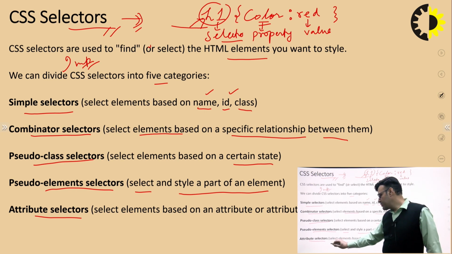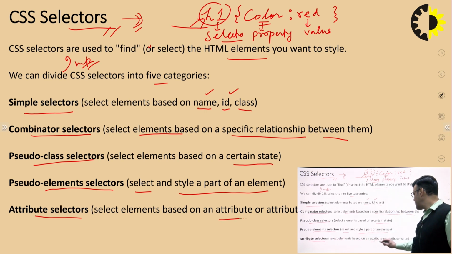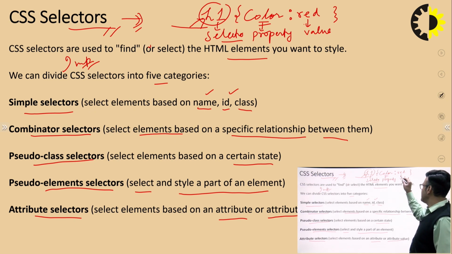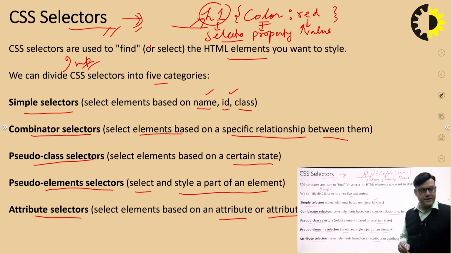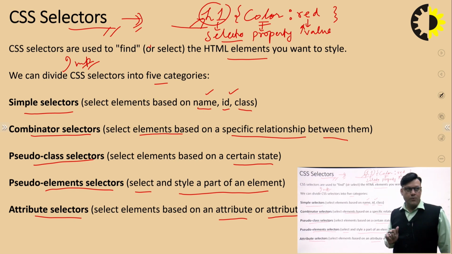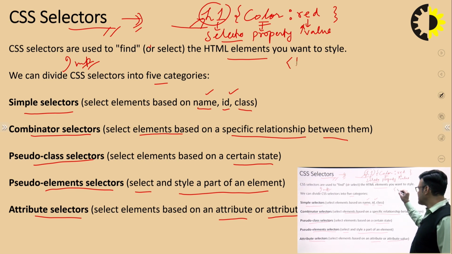Fifth is the attribute selector, which selects an element based on an attribute or attribute value. So this is the value, on the basis of this value, right? So these are the five categories here. Now, one more important thing that we have to keep in mind, that while doing HTML coding, we will